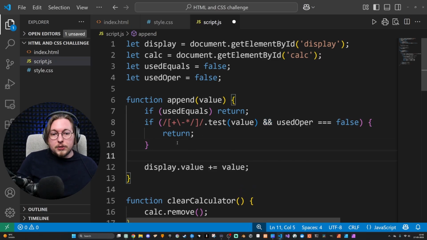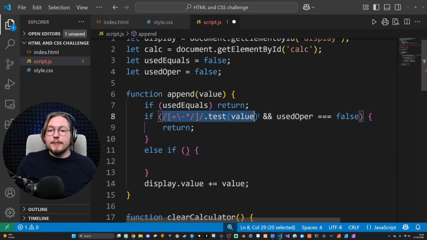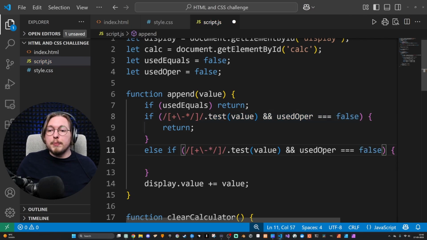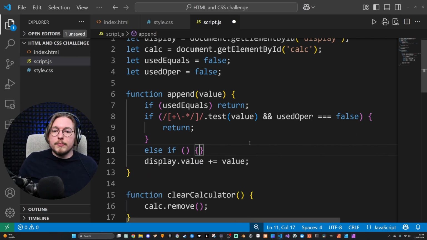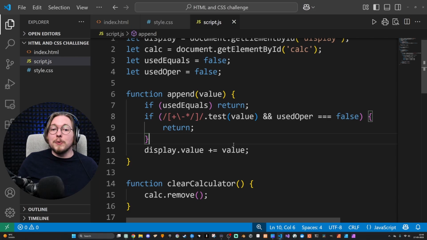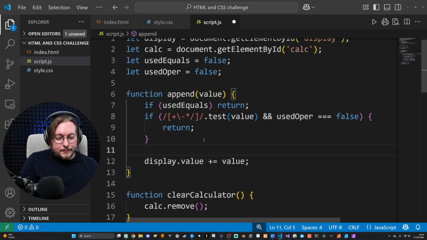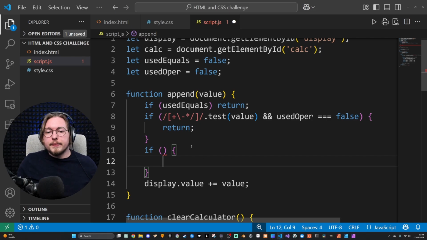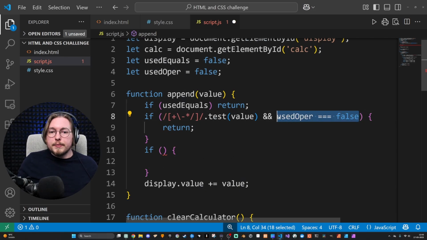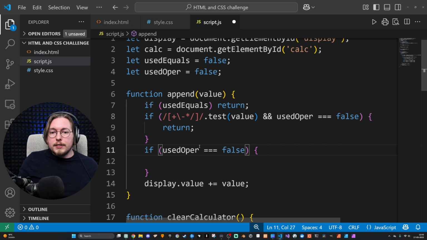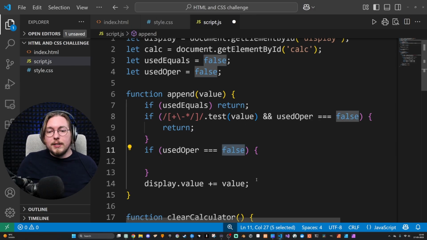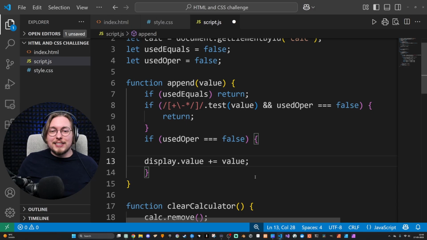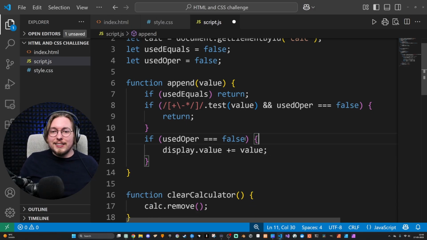But then we want to say else if, and then we can go in and say that if this is the case, but actually we don't need that. We can actually go in and say if instead just used upper is equal to false, then we basically do this, but then we also assign used upper